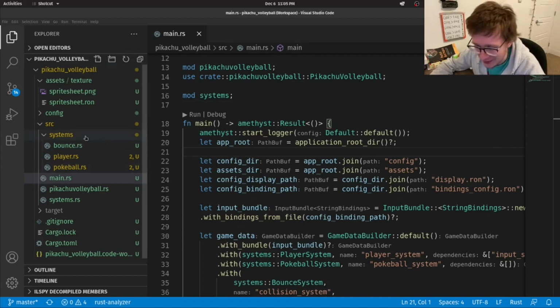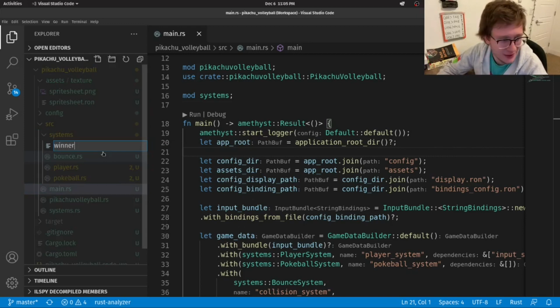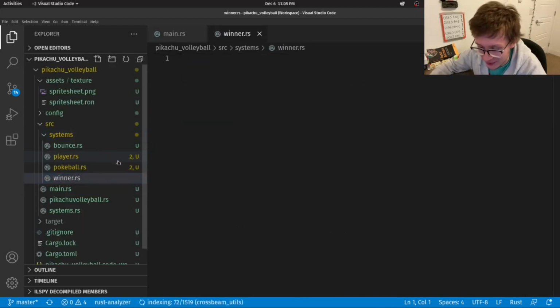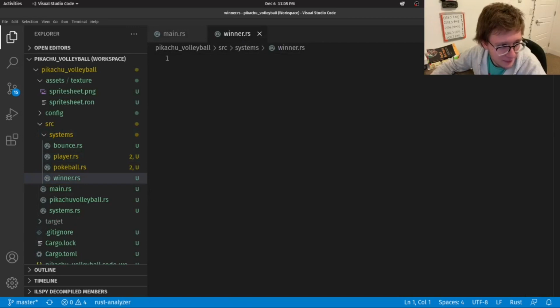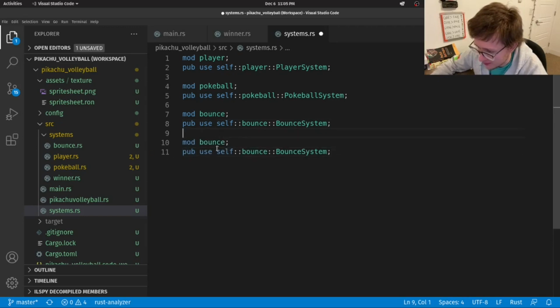We'll create a file called winner.rs inside of systems, and then we will go to systems and we will add our mod. So I just copy and paste it. I'll say winner, and this will be winner system. Of course, this will be inside of winner.